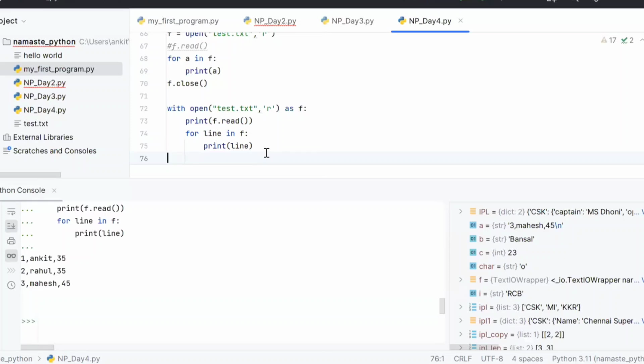Yeah, so from the file, the headers are not coming. So can we introduce them in the code itself, is what I'm asking. So for the header, you can create another file which has the header and these lines, right? You can do that. Or you can assign these values to some other variable. Like you can pick one by one each line, convert it into a list or dictionary, and put it in different variables. Okay, thank you. Can we use f.readlines? Sorry? Can we use f.readlines instead of using a for loop?